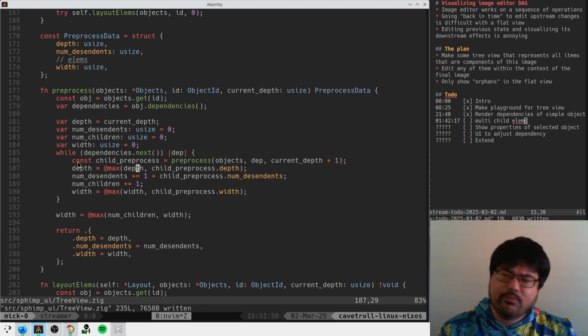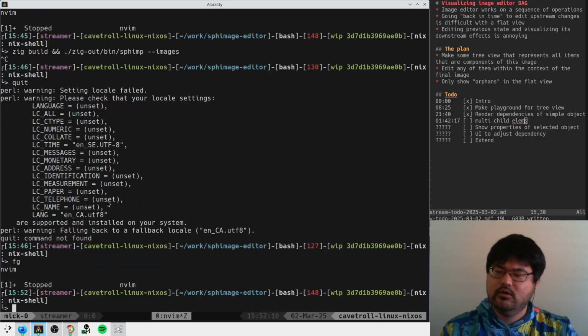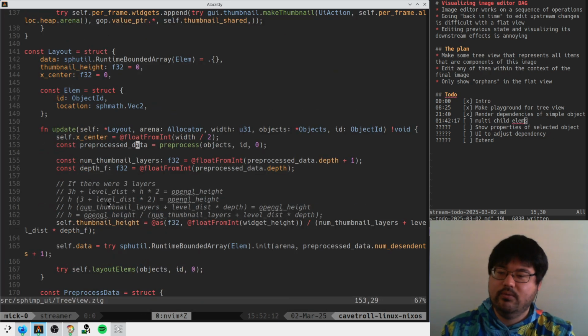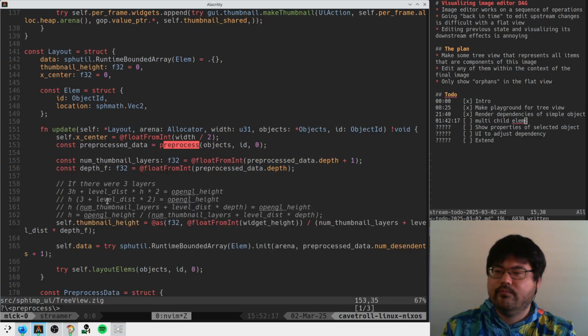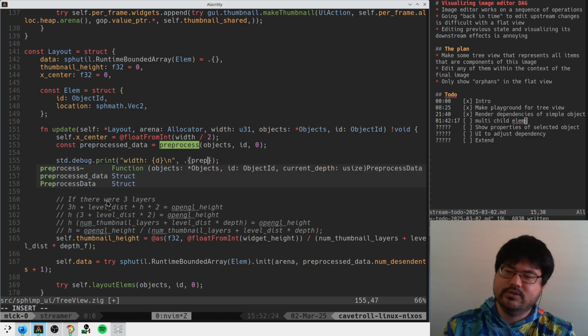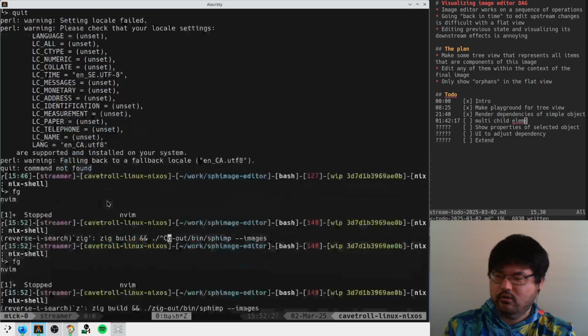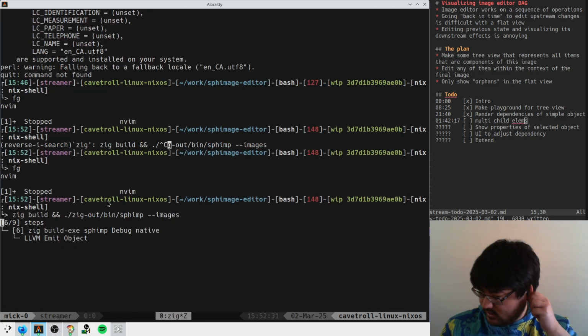This seems like it probably does the right thing. So what do we expect here? We expect that we get a width of 2 for the top layer. Can we just print out what we get here when we do the pre-process step? Width is pre-process data width. So we should see